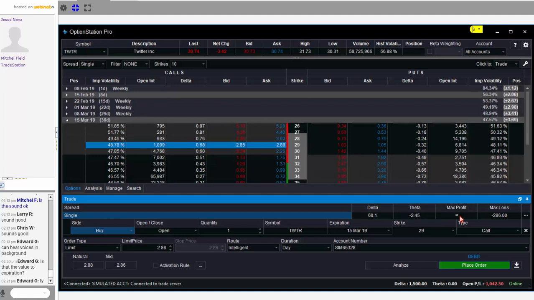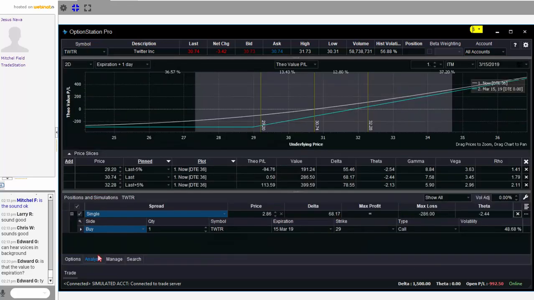Now, let's go ahead and analyze the trade before we can even place it. I know that right here you have the type of order, and what price you're going to go, but I don't want to place the order yet. I want to do some additional analysis. I'm going to click on the Analyze little button here at the bottom,